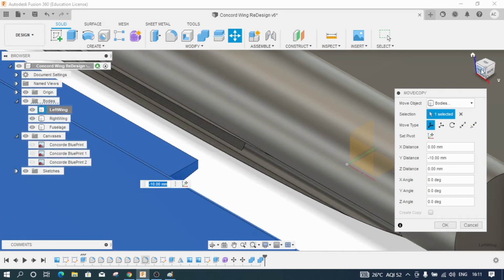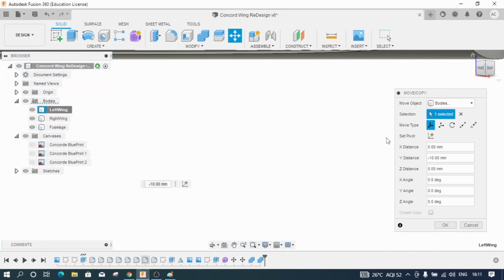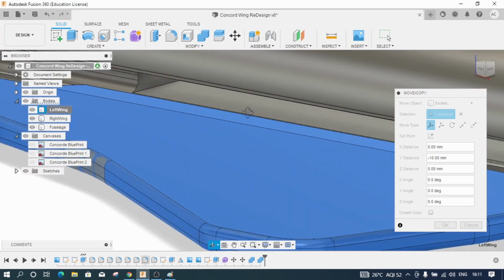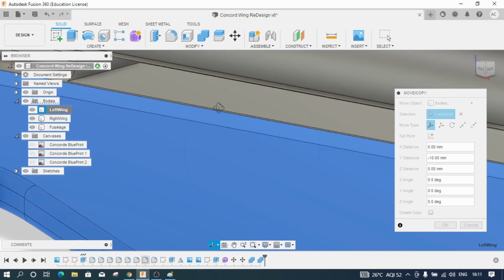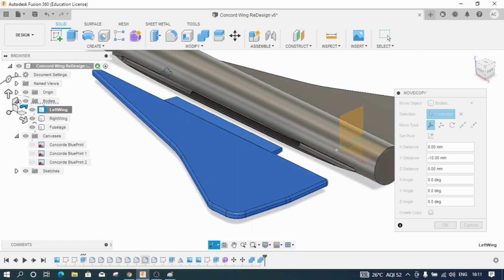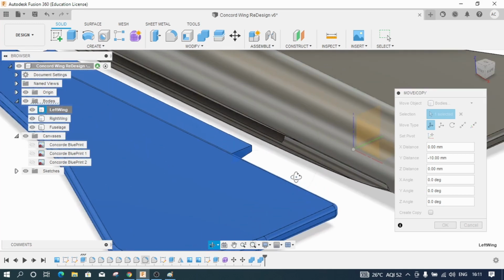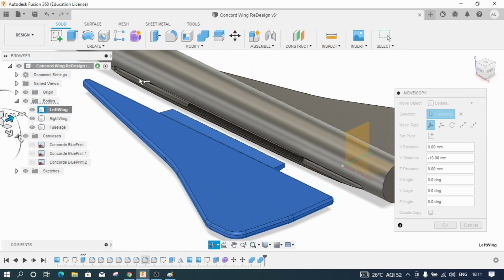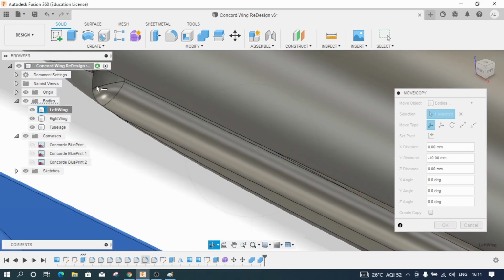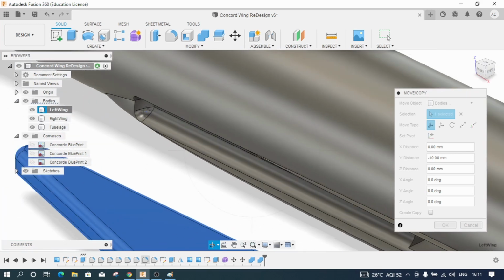I'll try to zoom in. You can see this particular slot is being cut through this body. And a little support structure also got created for supporting the wing root. This is a small cavity which is cut inside the body to support the wing root and help in its securing position. You can see how awesome this is with all the fillets. There might be a small problem with the fillets, but I will reduce that shortly.